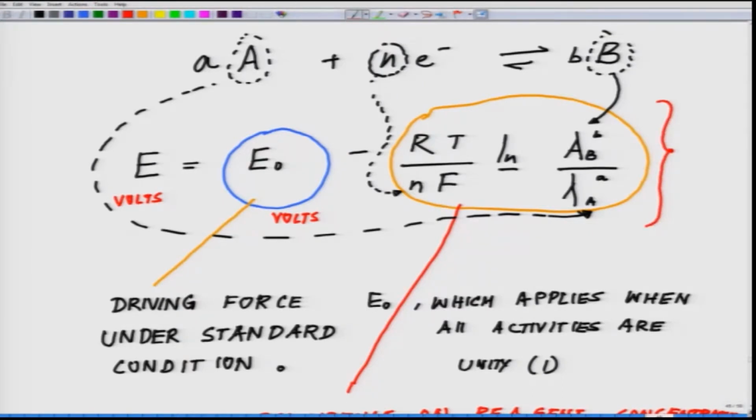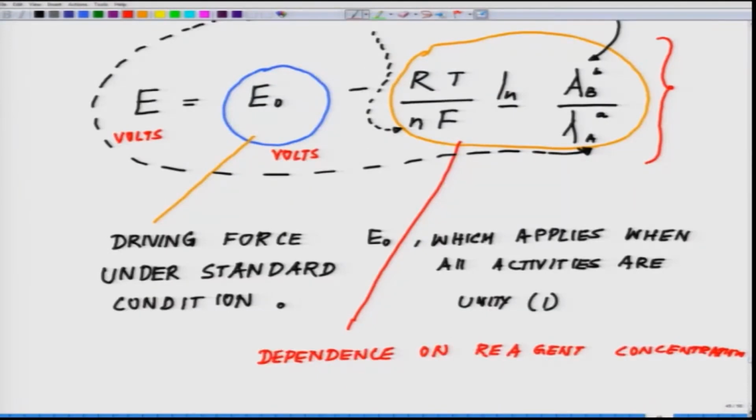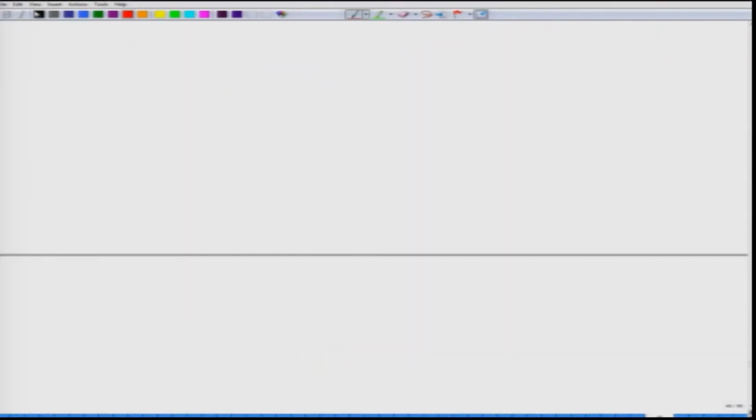Now, remember this term, now we are going to do a unit analysis of this particular term. This particular term, if I look at it, RT by nF natural log, this term could be further dealt with. Before I get into this term, let us put the values of what stands for what. Your E0 is the standard reduction potential, since we are only dealing with reduction potential,